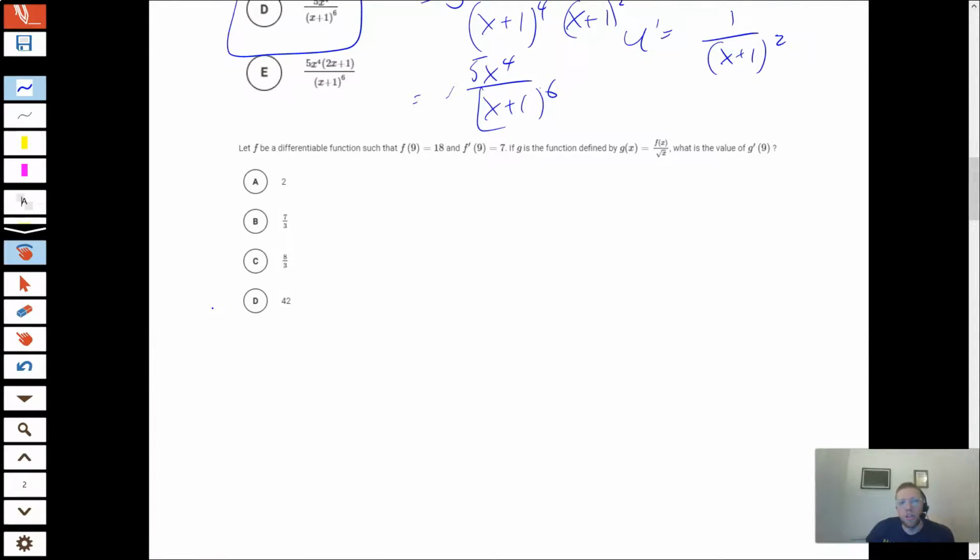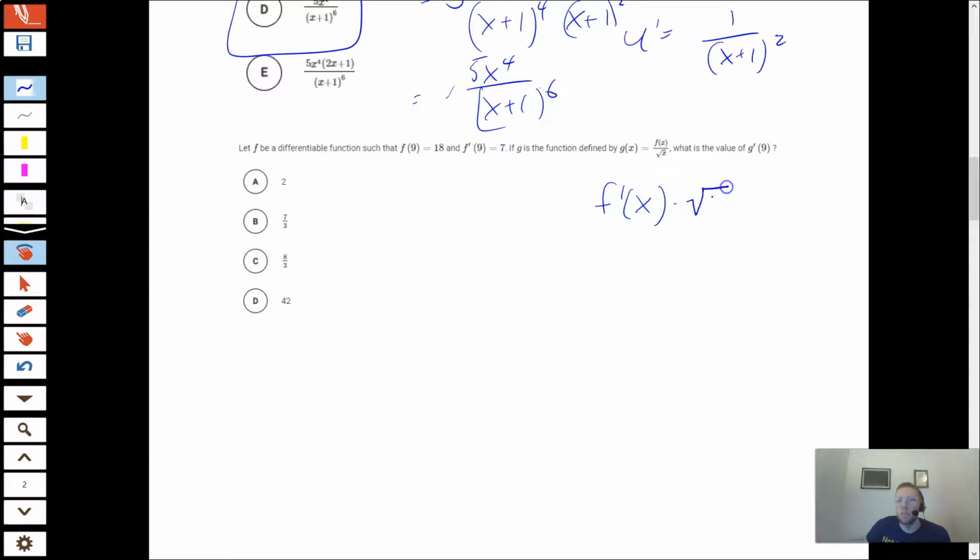So f is a differentiable function such that f of 9 is 18 and f prime of 9 is 7. If g is the function defined by g of x equals f of x over root x, what is the value of g prime of 9? So we're dividing again, so we have a quotient rule. So we want the derivative of the top times the bottom minus the derivative of the bottom times the top over the bottom squared. So this guy is going to be f prime of x